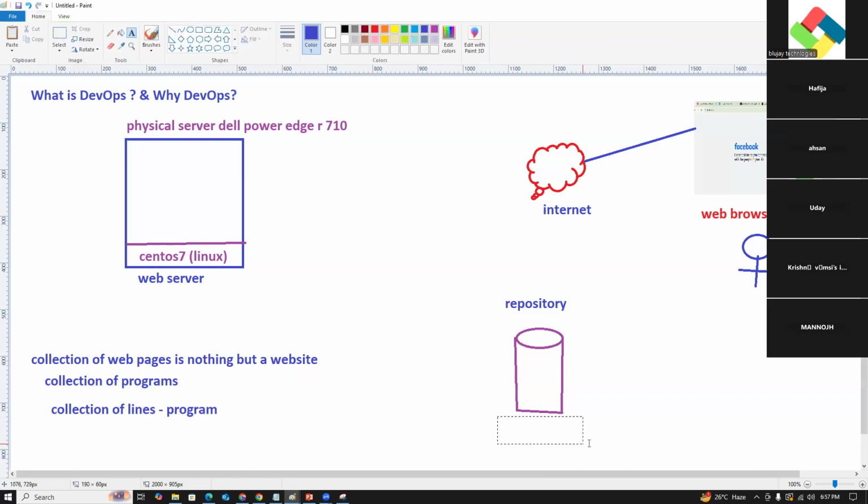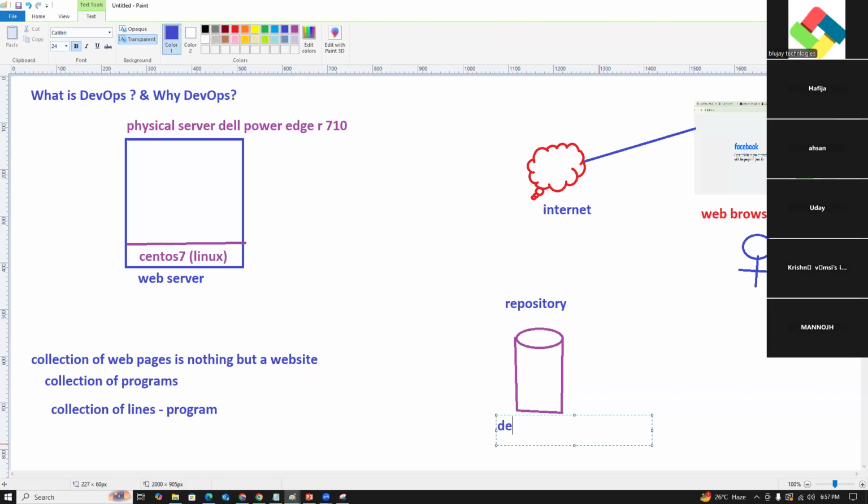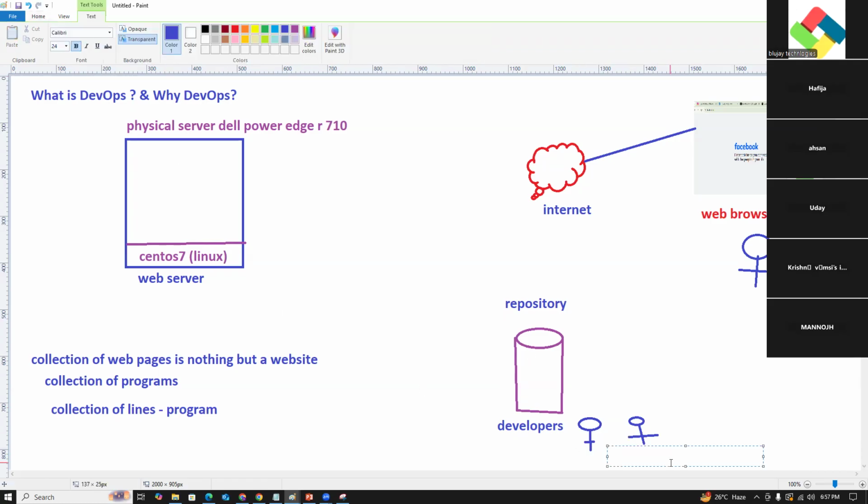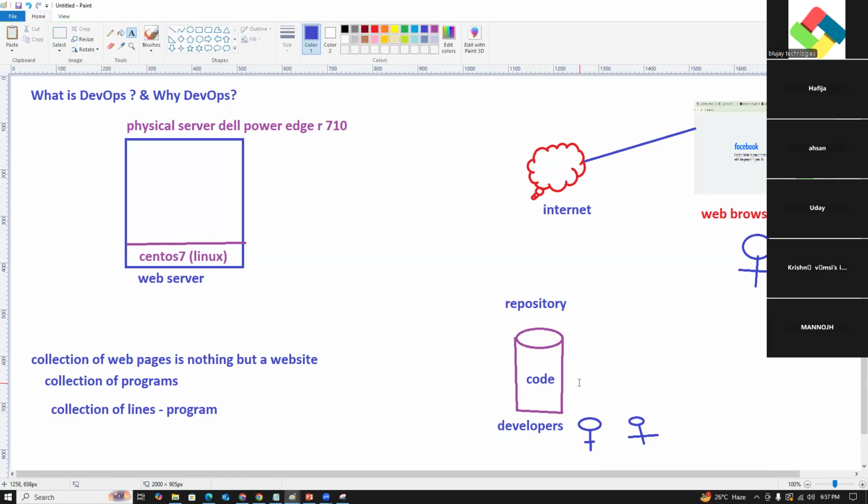So finally, what are developers developing? Developing the code. Developers develop the code for a website, right? The developers develop the code and keep it in one repository. For example, these are the developers, and these developers develop the code for the